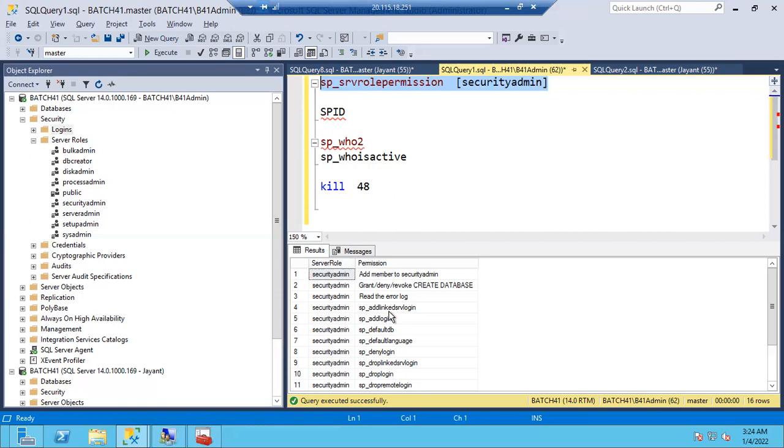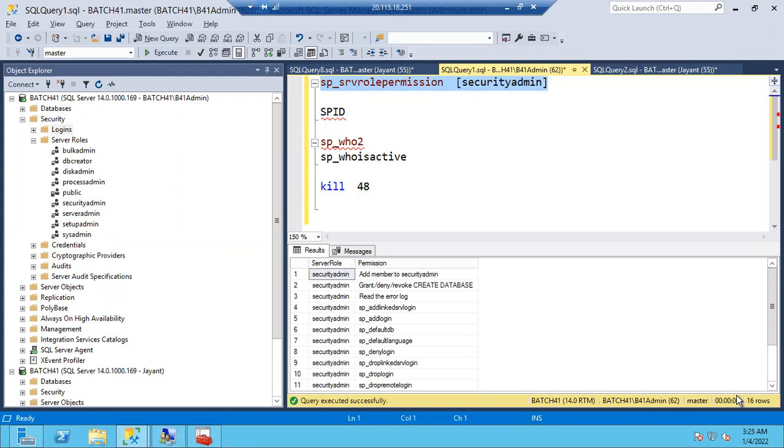In the same way, this one, what is that? Security admin deals with security: creating new logins, deleting existing logins, changing the passwords. That's it. If you tell one or two permissions, that's fine. No one can remember all these permissions. Almost all 16 permissions are there. Who can remember? So nothing to worry. No one will ask you what all the permissions are. At least basic permissions he knows.